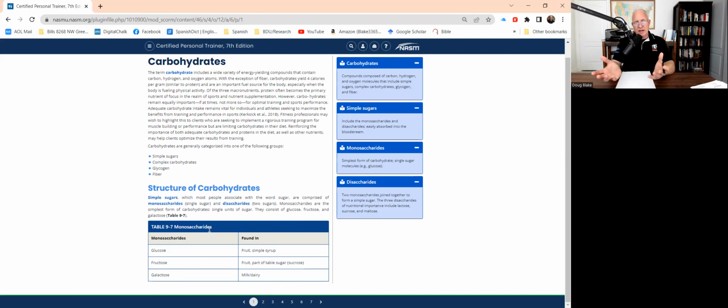Remember also the other side of this, which is that you actually would like to know some of this material because it's really very important when it comes to dealing with your future clients or the clients that you're dealing with right now. So structure of carbohydrates, simple sugars or monosaccharides, glucose, obviously that's blood sugar. Fructose is what we find in